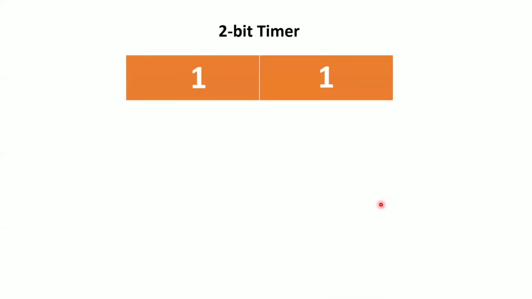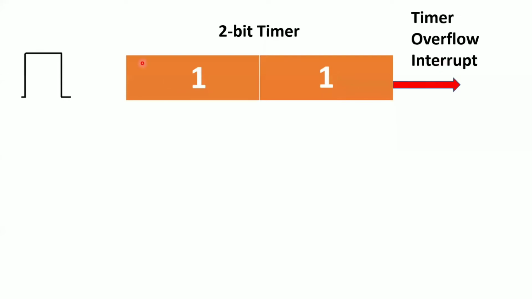Now, what exactly are timer interrupts? When will the timer generate interrupts? Whenever the timer overflows. Now, what is the need of a timer? The timer is used to generate a delay. How will it generate the delay? It requires clock pulses. Whenever you give the clock pulses, it will keep on counting them. Suppose it is a 2-bit timer, what is the maximum value it can count? Up to 11. After 11, if you give another clock pulse, what will happen? It will generate the overflow interrupt. This is called a timer overflow interrupt. So how many timers do we have? 2 different timers, timer 0 and timer 1.